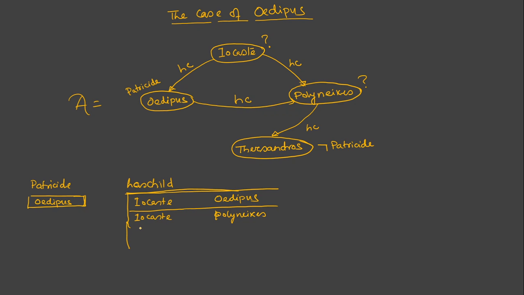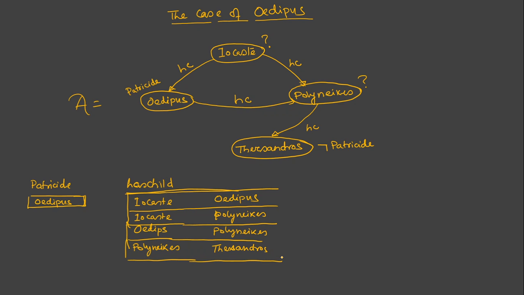And finally, Oedipus has child Polynicus. And the last record in this table is Polynicus has child Thirdson. Right? So this is what we know to be true,